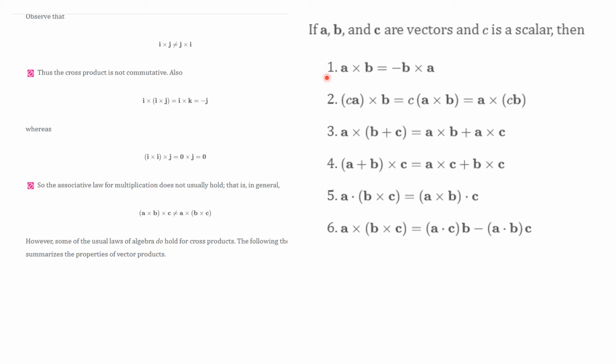We have properties dealing with sort of this anti-commutative property. We have properties dealing with scalar multiplication. And I'm going to focus on 5 and 6. Now 6 we're going to do later, and this is called the scalar triple product. And we will use this calculation later, but we're going to do this one, and this is called the scalar